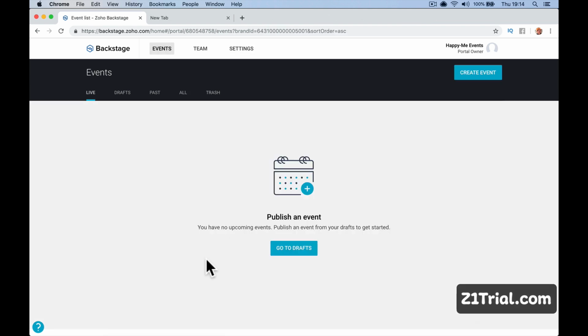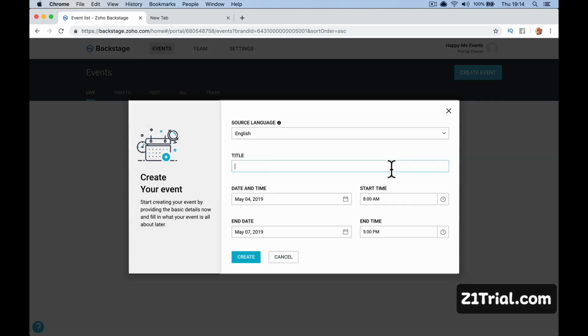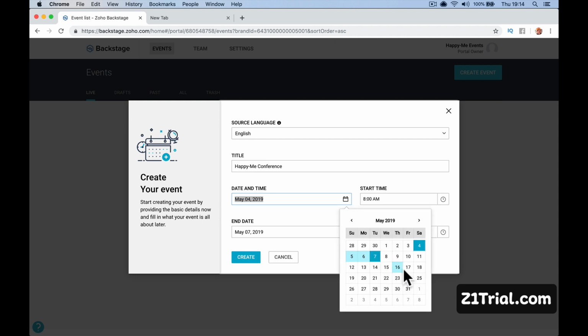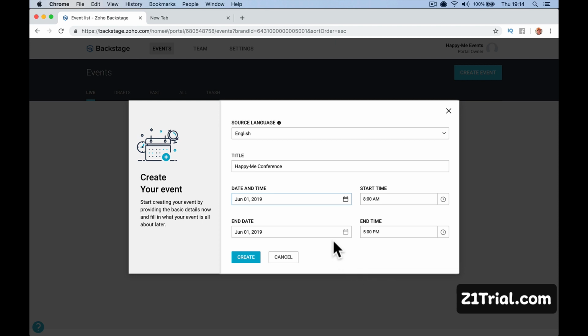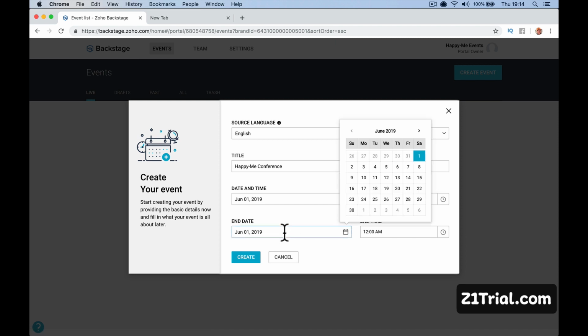Right, so let's create our first event. Let's dive in and just show you how easy it is. So we're going to create an event. What shall we call it? A Happy Me conference, right? When's it going to start? We're going to say it's on Saturday, the 1st of June. It's going to start at 8 o'clock, 10 a.m., and it's going to end